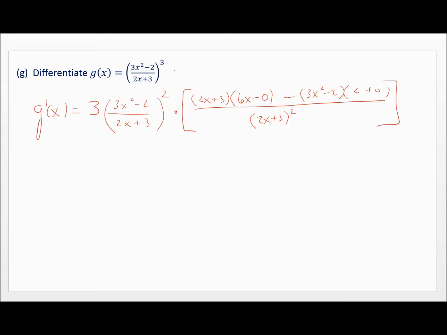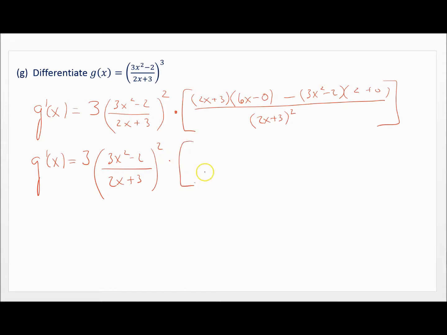Now, what I'm going to do is focus over here on the parentheses. I'm trying to see if there's any greatest common factor in the numerator up here. You've got a factor of 2x plus 3, a factor of 6x, a factor of 3x squared, a factor of 2. They do have a common factor of 2, but you could get away with just distributing the 6x inside and the 2 inside here, or negative 2, and combine like terms. So let's do that. Had you factored out that greatest common factor of 2, that would have been fine as well. So that's (3x squared minus 2) in the numerator, (2x plus 3) in the denominator, all to the second power, times,